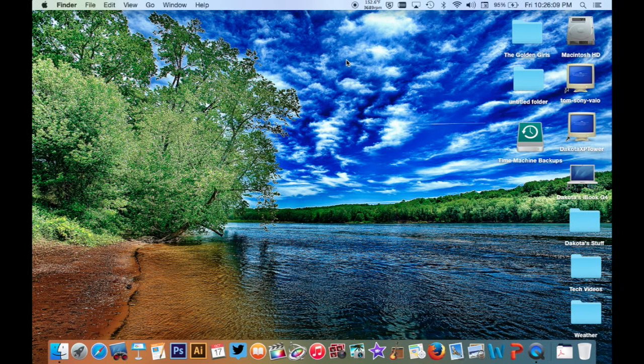So these are just a few tricks that you can do in OS X Yosemite to make yourself a Yosemite